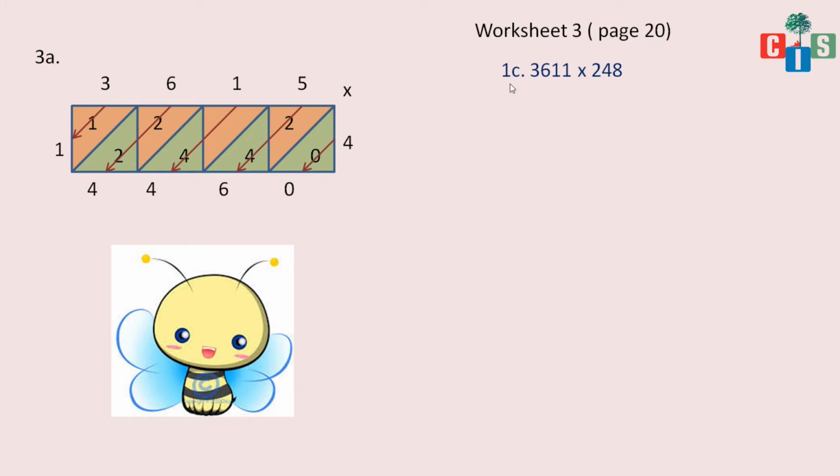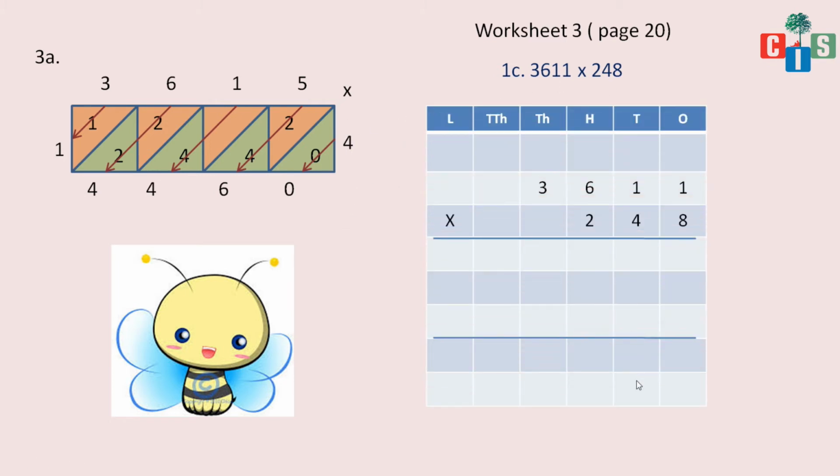From there I have taken 1C, that is a 4-digit multiplicand with a 3-digit multiplier. Okay, previously we saw a 2-digit multiplier, now it's a 3-digit multiplier. So I have my columns till lakhs, okay, and I have placed them, and I will start with the multiplication from the extreme right. Fine.